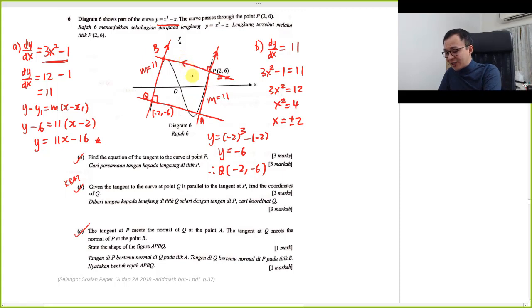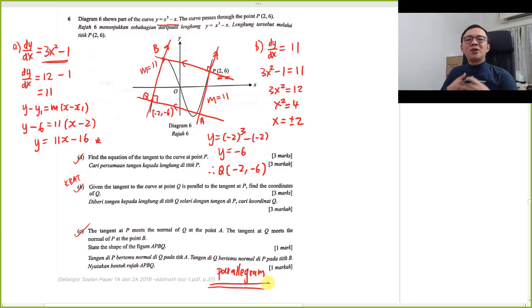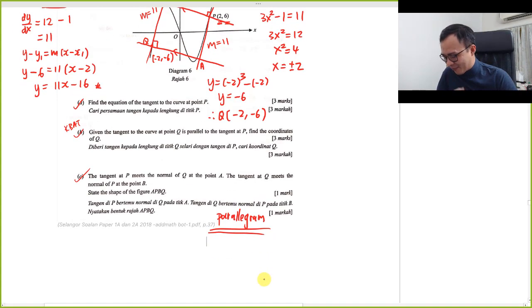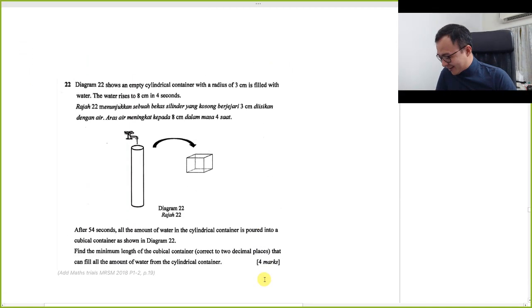Obviously, you know this line is parallel to this line and QB is parallel to AP. So this one is basically a parallelogram. Okay, yeah, it might be a rhombus, but I'm not sure. Are all 4 lines also the same length? So I will write parallelogram because a rhombus is one of the parallelograms also. Okay, yeah, I don't like to pronounce parallelogram. Oh my god. Alright, so